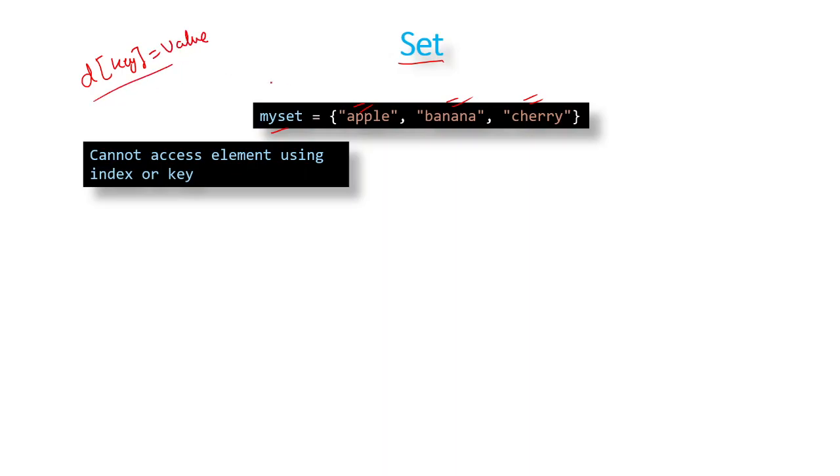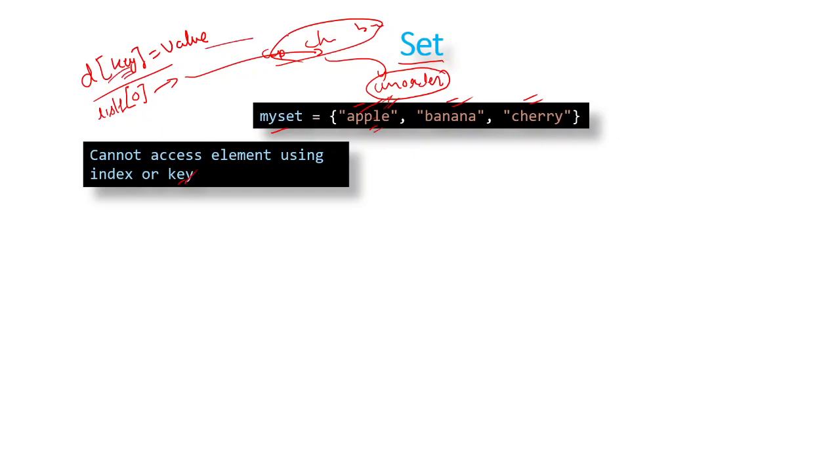Okay, but here a set is not ordered, it is unordered. That is, the order in which we insert the values need not be the same when you print it. Suppose we have inserted apple, then cherry, then banana, it can get reshuffled to something like apple, banana, cherry. So it is unordered, hence we cannot access the elements by index. Since it is unordered, we can't use the indexing that we used to do. With a list we use indexing to get the values, but we can't use that for sets, and we can't use the key to get the elements for a set either. So for a set we cannot directly access the elements.